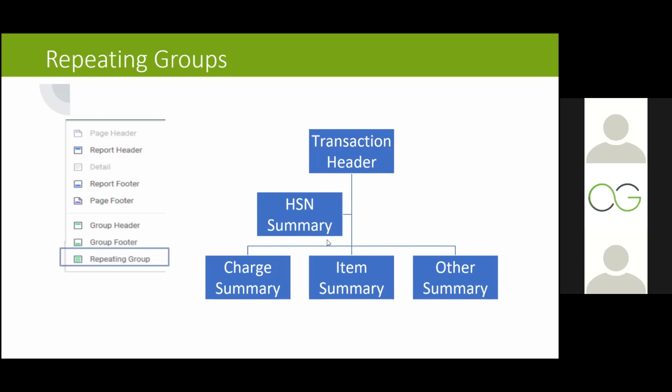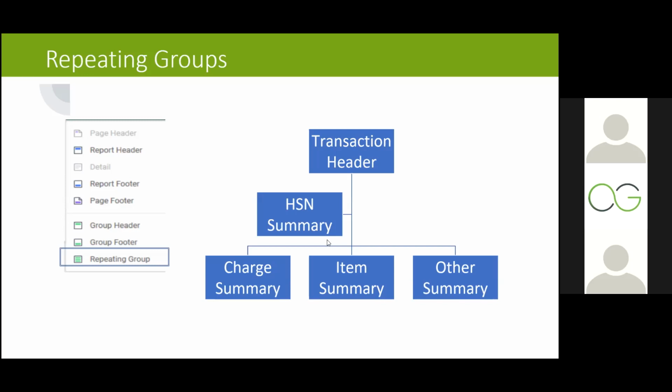If you see this particular report, this is for a purchase order, and there is some header information. We will see what the header information really means here. We'll see this particular report design and understand what the report header is, or the group header in this case. We'll see all of those one by one. And then what you can see is some item information. In this case, it doesn't have the item summary, it has item detail. So these are the various items on the set. You have 3 items and the details corresponding to that.